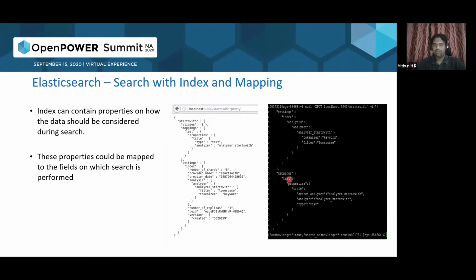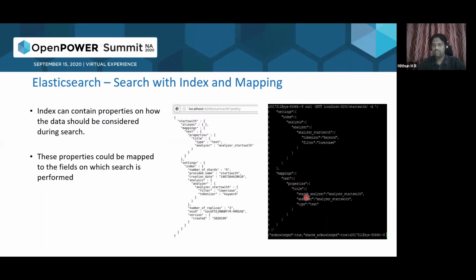So in the mapping, we are creating something called test mapping, which has different properties. Properties are nothing but the fields which we are trying to analyze and see inside Elasticsearch. So this becomes the main part. We are storing only one piece of information, which is title. So our search will match the title of the package in Elasticsearch.